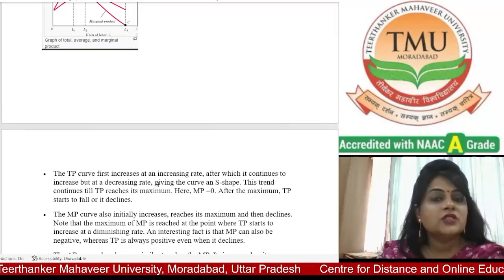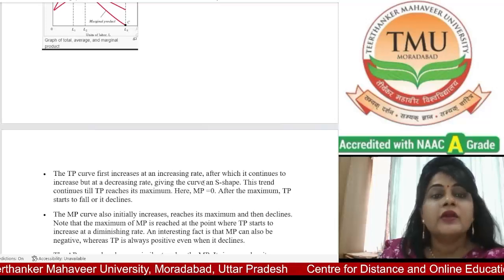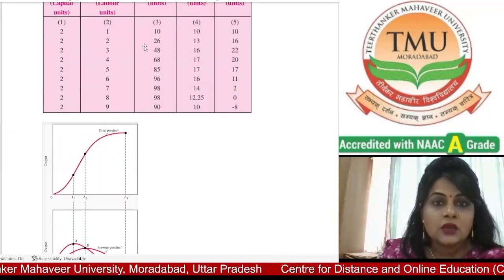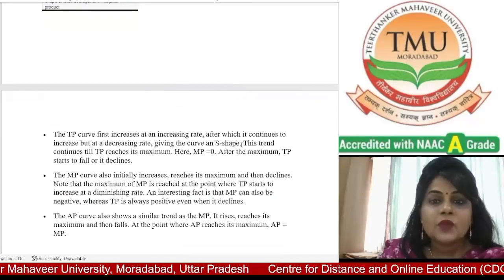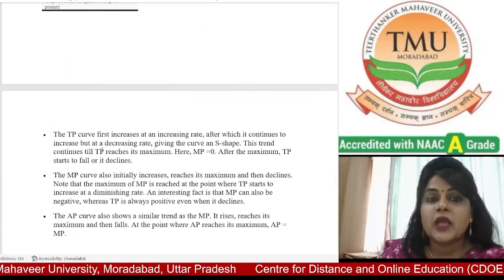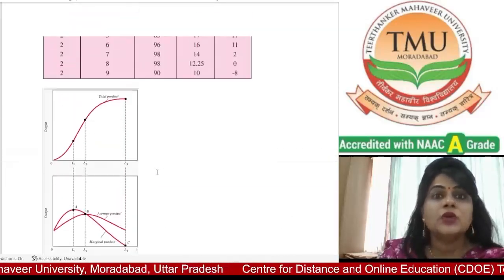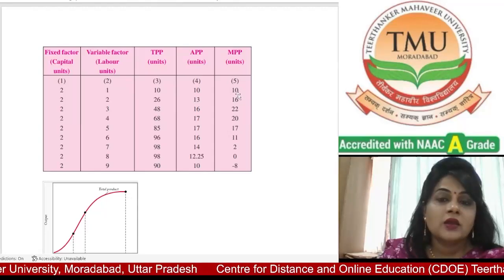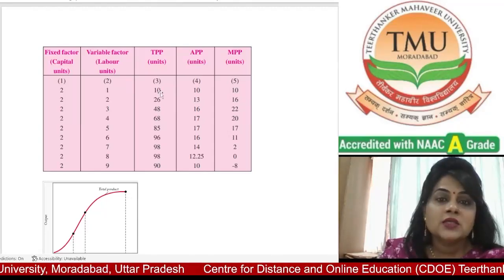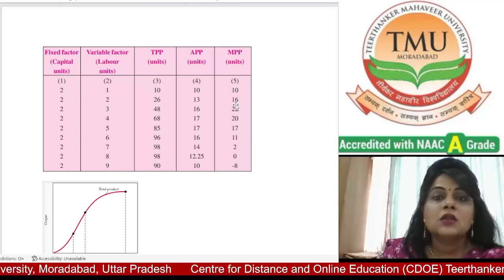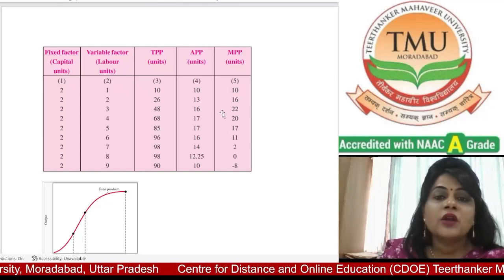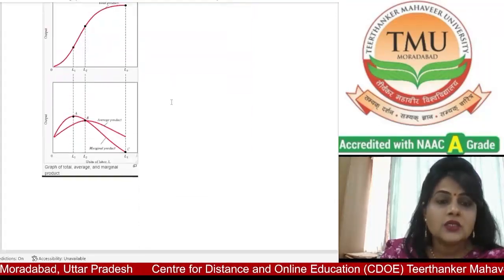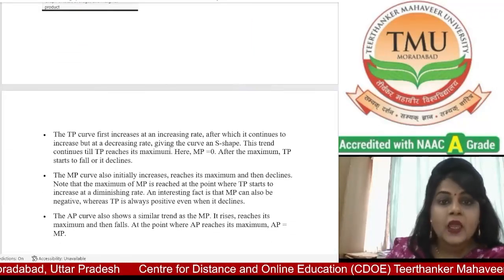The TP curve first increases at an increasing rate. You are seeing here the TP is increasing, which continues to increase but at a decreasing rate. It is also increasing. First of all, it increased 16. Then you see here 10 to 26, that is 16. Then it becomes 26 to 48, that is 22, then 20. It is also increasing but at a decreasing rate, giving the curve